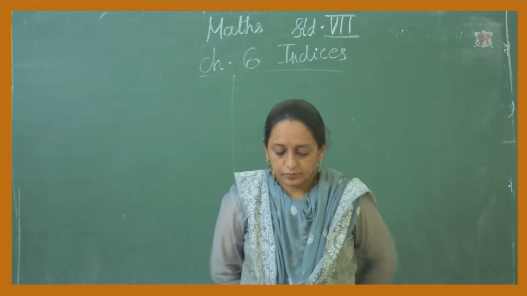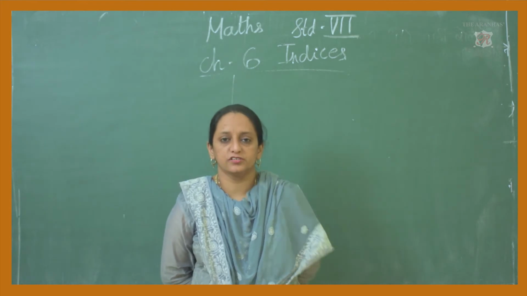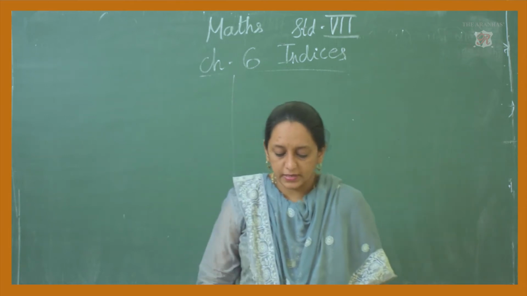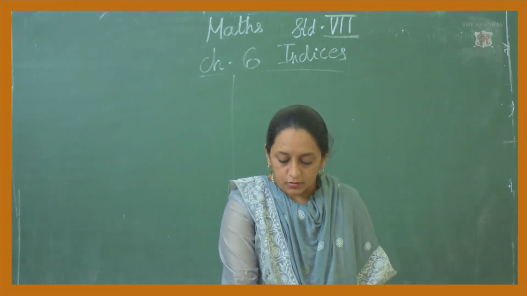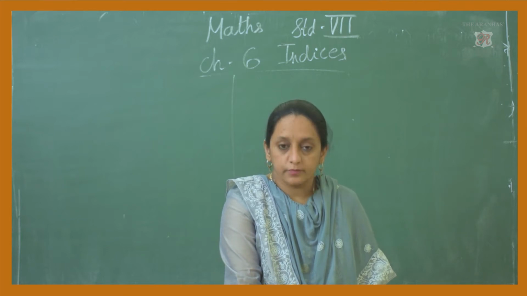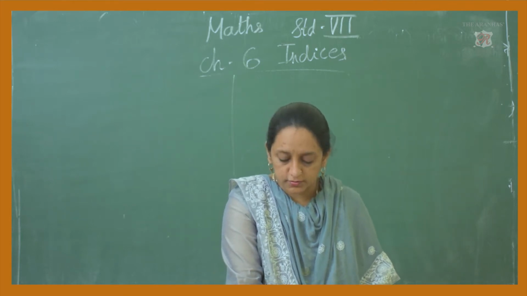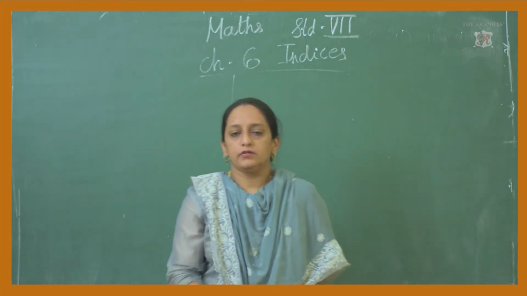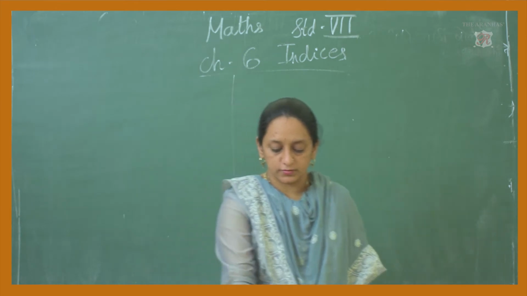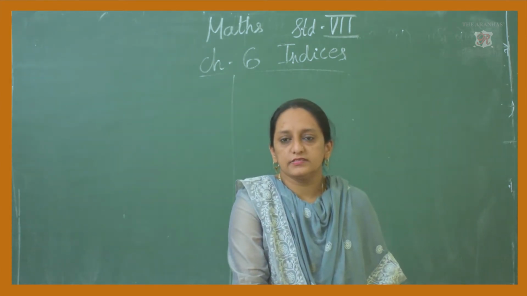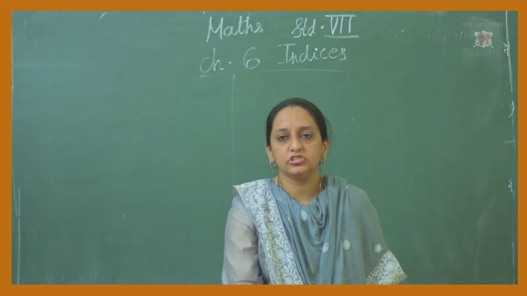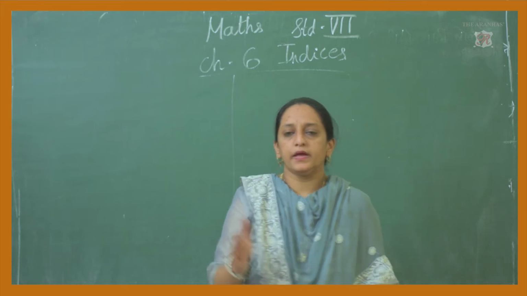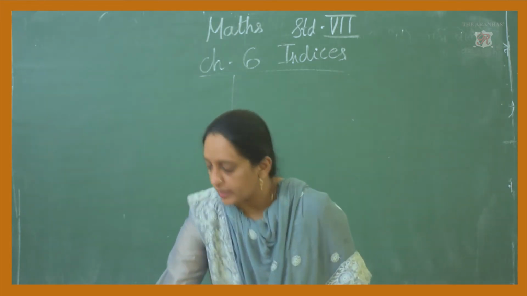Now let's recall. In the textbook, page number 43, students pay attention. I hope your textbooks are open, your pencils are in your hand and you are paying attention seriously. Now see, each of the 7 children were given 4 books. In a class, there are 7 children. Each child is given 4 books. Now, when each child is getting 4 books and there are 7 children, that means how many total books are being given? 7 multiplied by 4, that is 28.